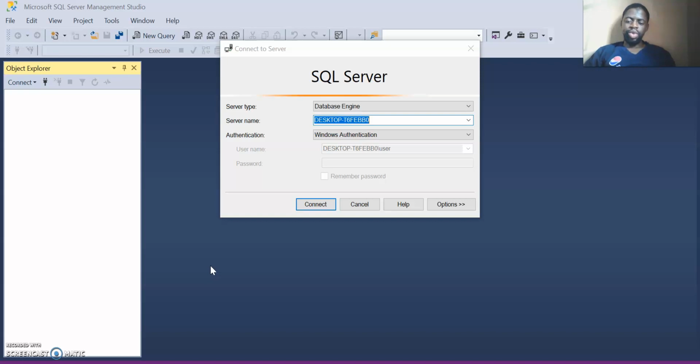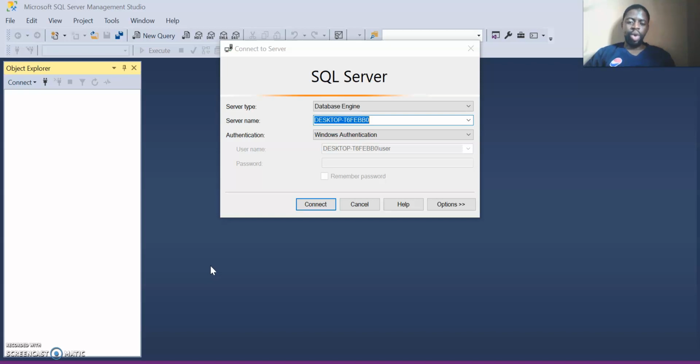So what you're going to have here is you're going to log in. The first thing you're going to do is to install and download Microsoft SQL Server Management Studio 2019. The one I'm using now is 2019, and you can also download it from the internet from your browser. Just look out for Microsoft SQL Server Management Studio 2019, then you can download from there. So basically, I have downloaded and I've installed the Microsoft SQL Server. I'm not going to take you through the nitty-gritty of downloading and installing this.